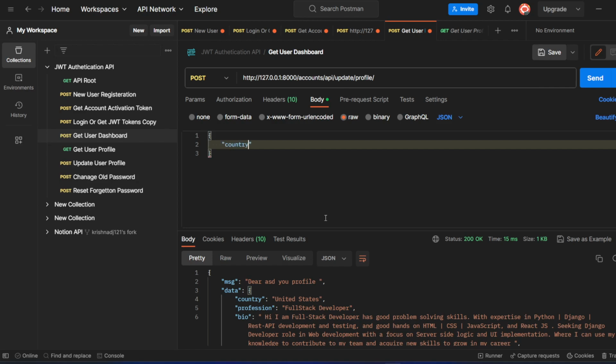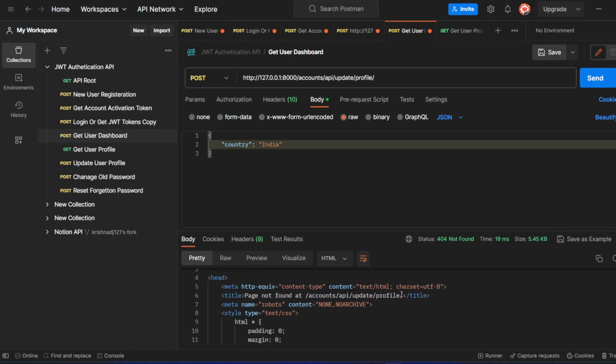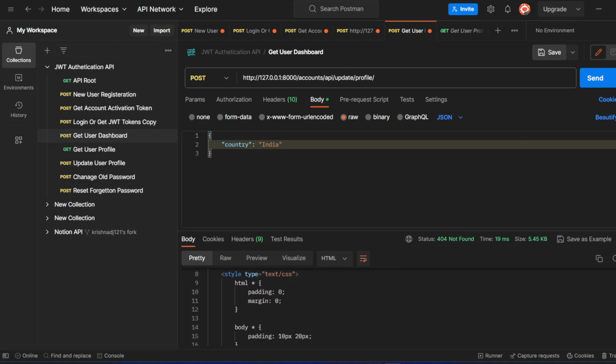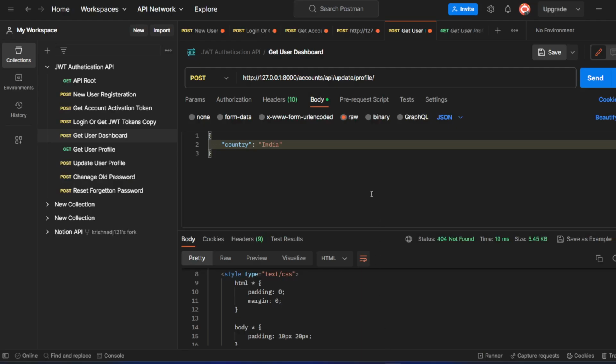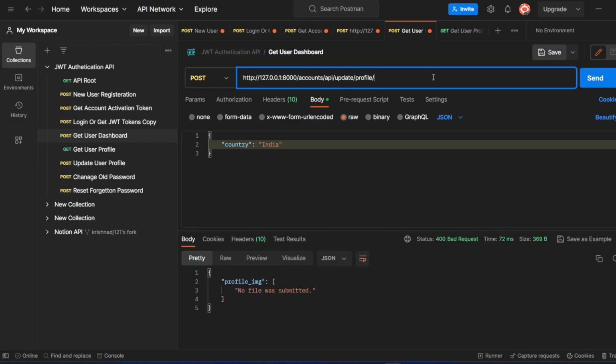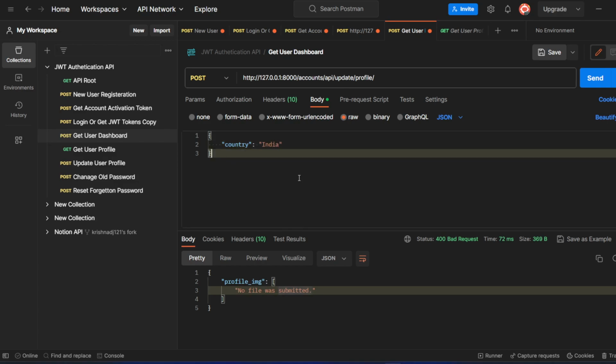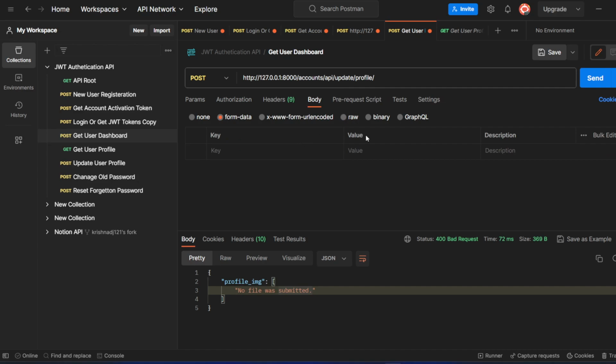So country, and he wants to make it India. So let's see what is happening. So basically we are getting 404 because the URL mismatched. So this is our URL. So we click again. So profile image is required. Okay, so instead of this we are going to use form data here, and by using that,